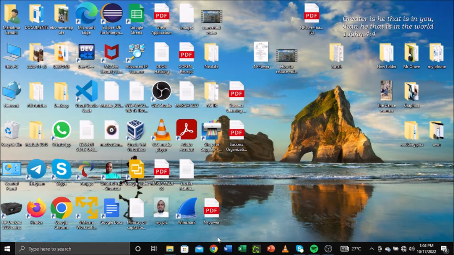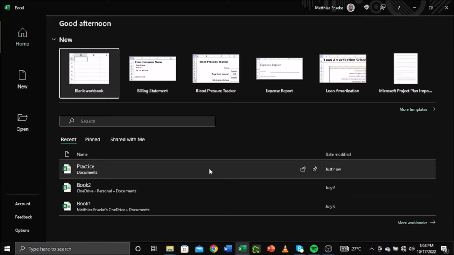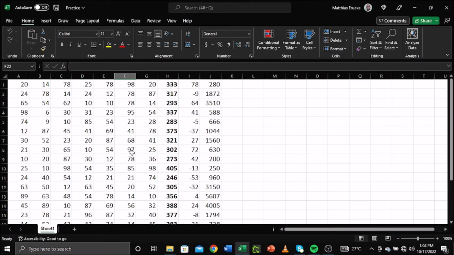We open our Microsoft Excel as usual. We open the document or the worksheet we are working on. We click on it, it opens. Now we are going to do a lot of things today. First, the information or the data we have here is supposed to have a heading,